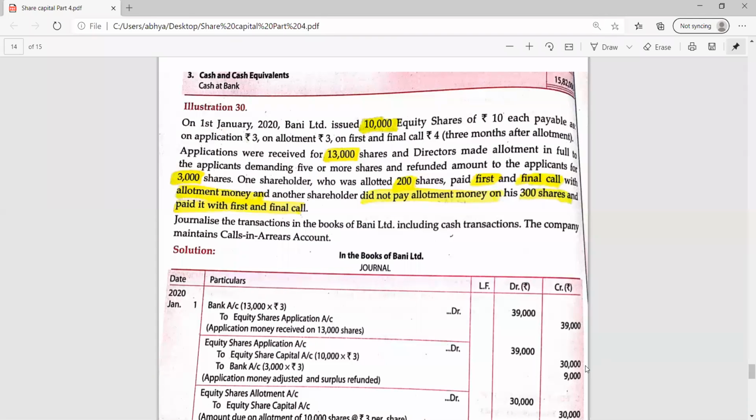Yes, very good. Then third entry, now we have to make the allotment due. Allotment will be made due on the issued number because oversubscribed shares are already treated and returned in the second entry. So from the next entry, the question will be done with the issued number of shares. In every question, wherever oversubscription is there, from the third entry the question will be done from the issued number of shares. Oversubscription is already treated in entry 2. So share allotment account debit to share capital. Allotment money is again 3. So 10,000 into 3, 30,000, 30,000.